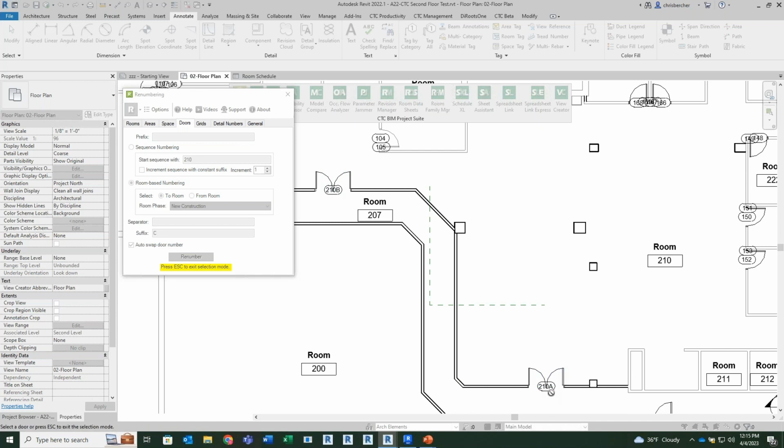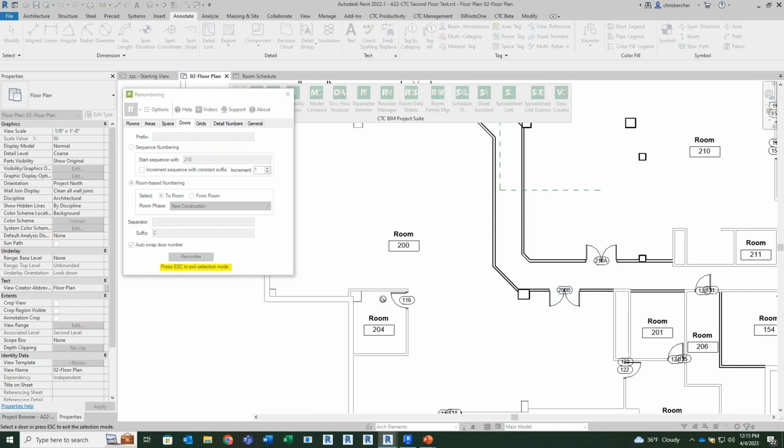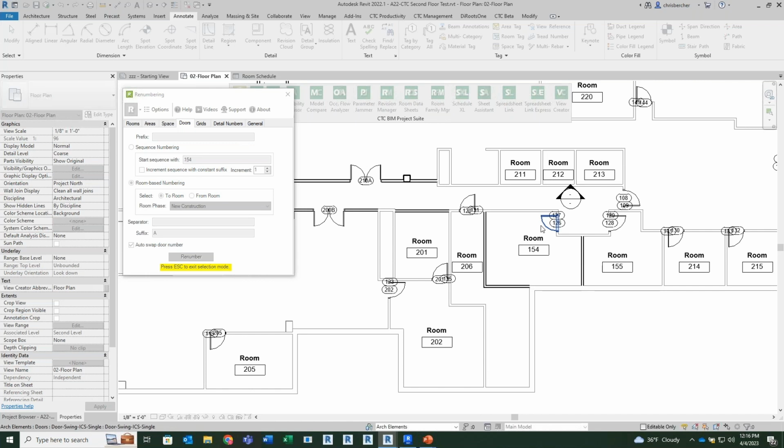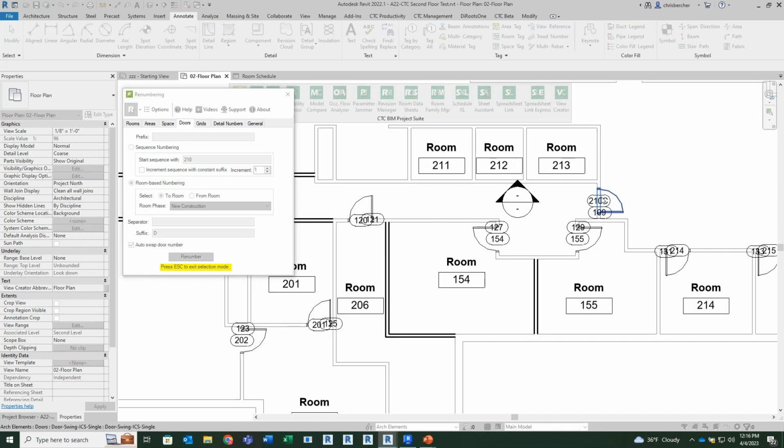This became 210A. Right? And as I just showed you, you don't even have to follow a logical order at this point. You just start clicking the door for the room, and as long as that door opens into that space, it's going to label it accordingly. Okay. Oh, and here's a third door. So now I have a 210C